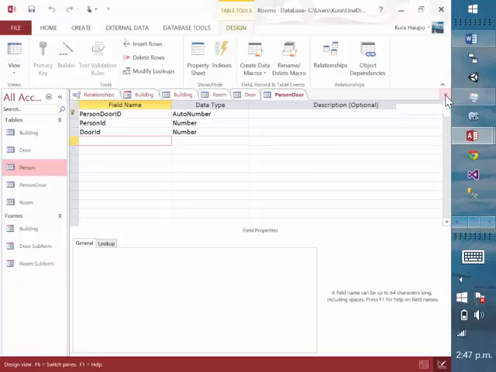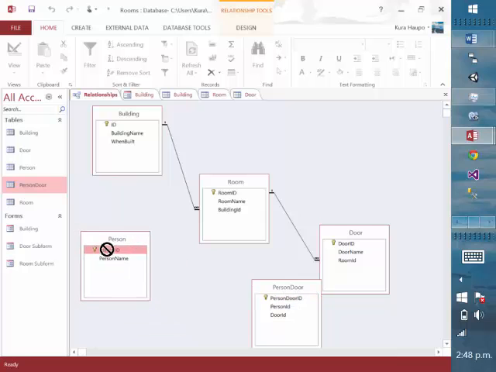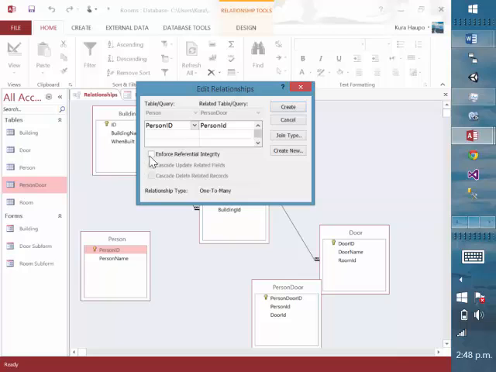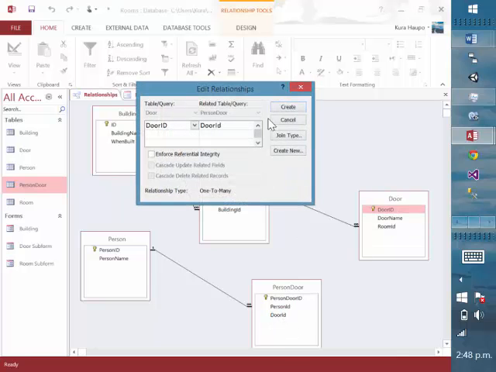And then we're going to have to close our person door. I think. Yep. And then drag person door onto here, okay, and then drag person ID onto person ID, drop it there, okay, enforce referential integrity, create, and then take the door ID and put it onto the door ID,